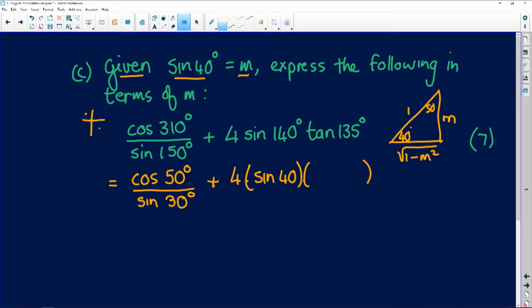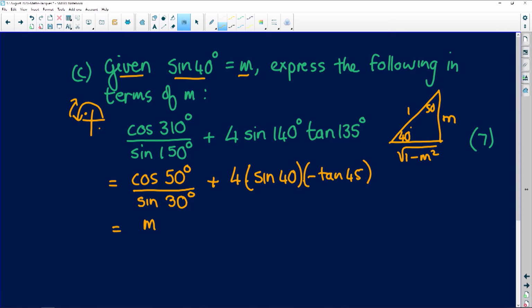Okay, so tan of 135 is in the 2nd quadrant. It's 180 minus 45. So this becomes minus the tan of 45, because it is in the 2nd quadrant. Okay, so we can get rid of the cosine of 50 is adjacent over hypotenuse, so that is m,